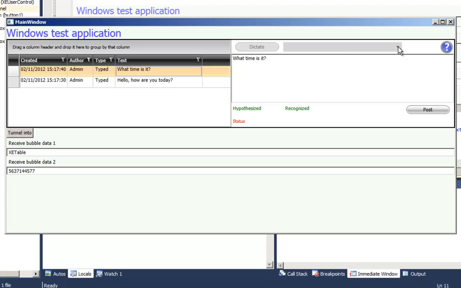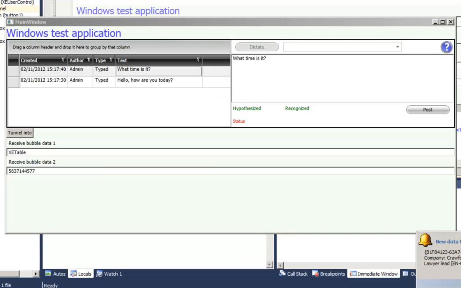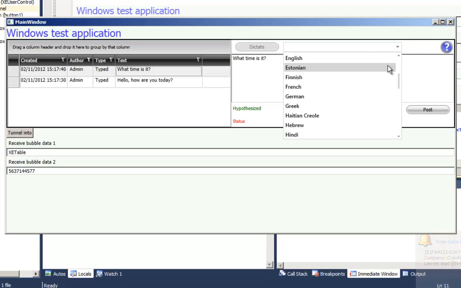The drop down here will perform a translation into one of these target languages, and the list of target languages has been obtained from the list of available languages by the Bing translator. So let's get back to this, and I'm going to choose a French translation. So just click on that entry,